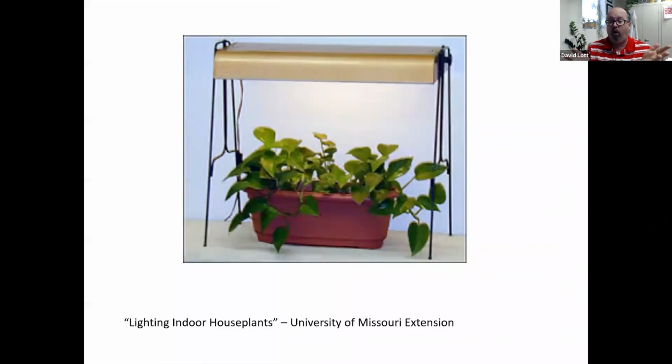Here's a picture of an old light stand. This is from the University of Missouri Extension that shows you the old style of tube lighting. You can get tube lighting that now is the LED. So that's something you can convert. We can convert some of these light fixtures over to those better quality light bulbs. But I wanted to show you that years ago, people were still doing this, and this is one of those old-fashioned fixtures that still works. You can convert those light fixtures to put in the better light bulbs for supplement.